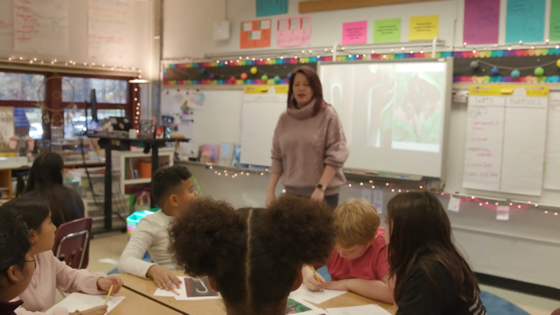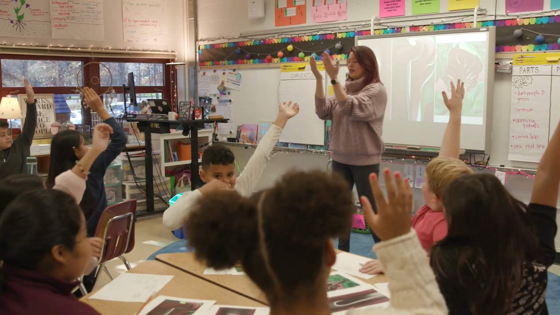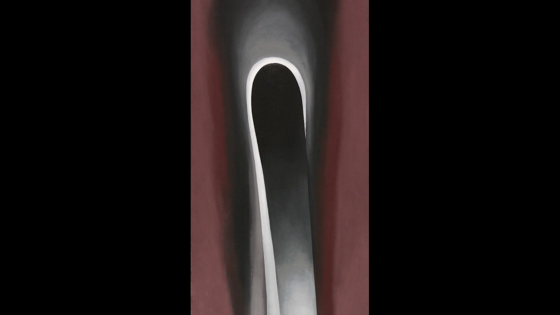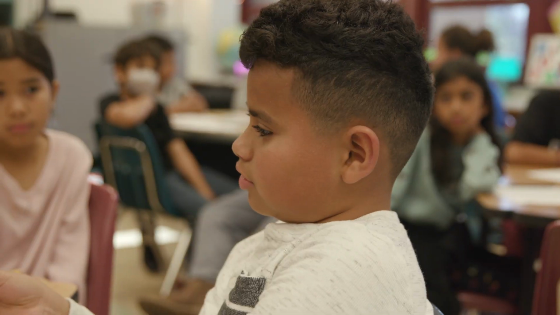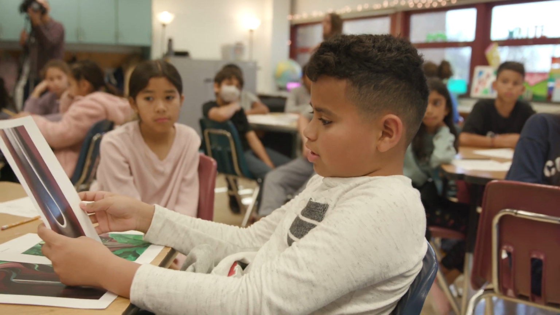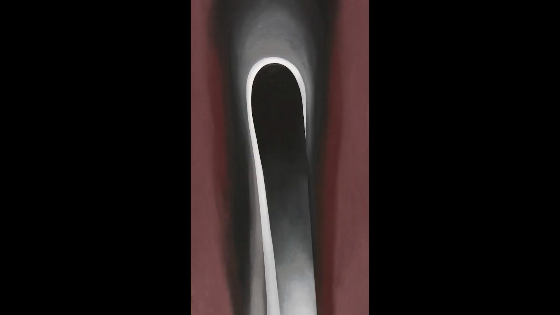So what are the different parts now that you're noticing, now that you see the other pictures and all these images together? This looks like a little stick or something, like a Q-tip. Like they zoomed in and they zoomed out. Like this one is the first one, second, and then this is the third. Angelina did it too, and it looks like a pathway or like a hole or something inside.